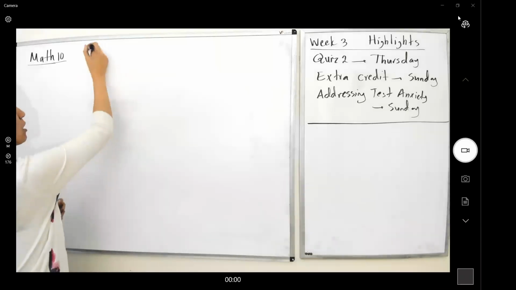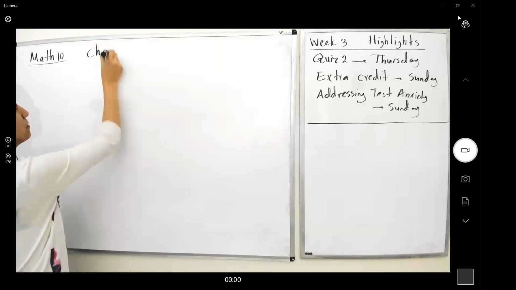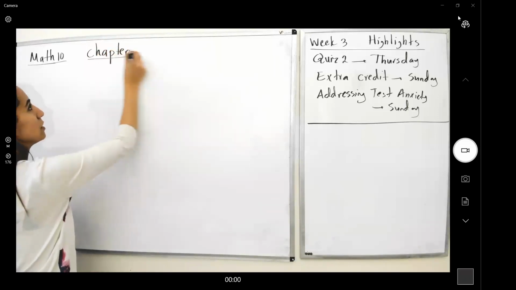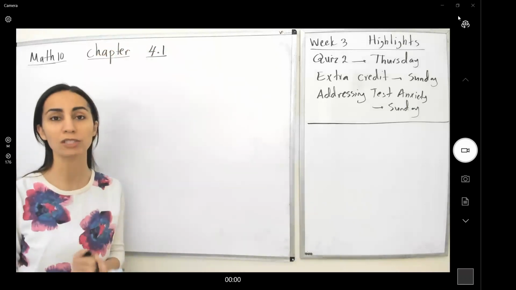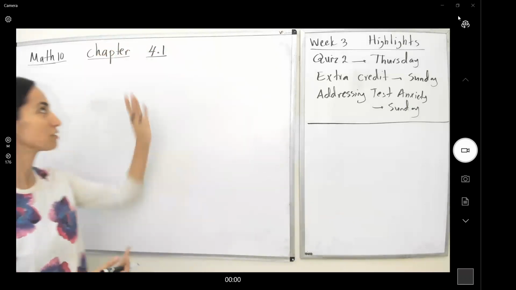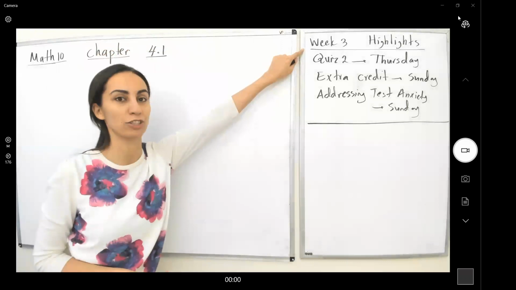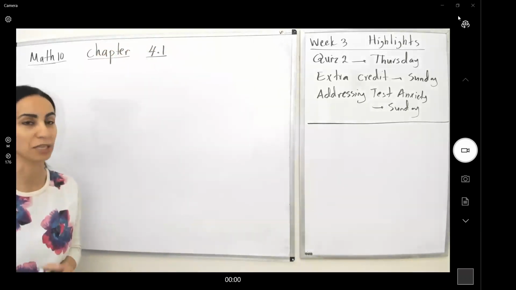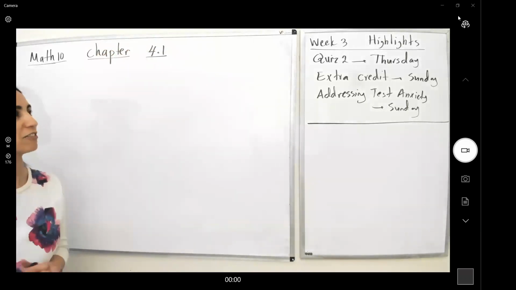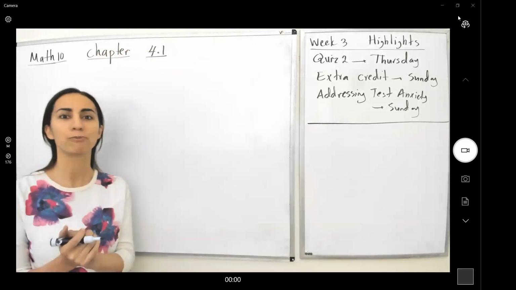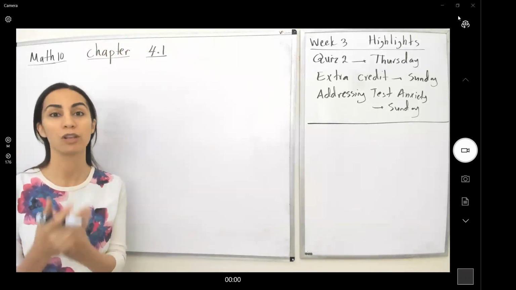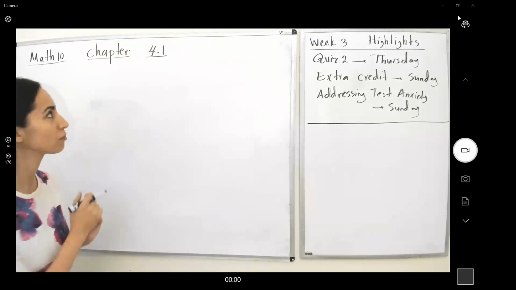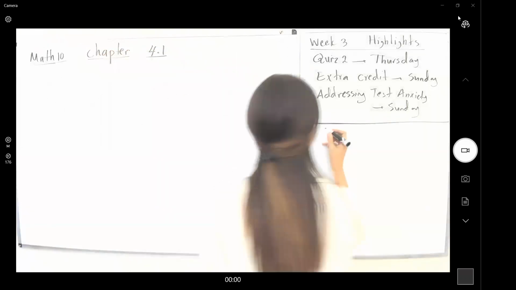Very well. So we are on chapter 4, 4.1. You can find all notes posted on Canvas related to chapter 4. You can find all of them in the week 3 module. Very well. So what are the objectives of chapter 4? What are we going to learn today? So the objectives,